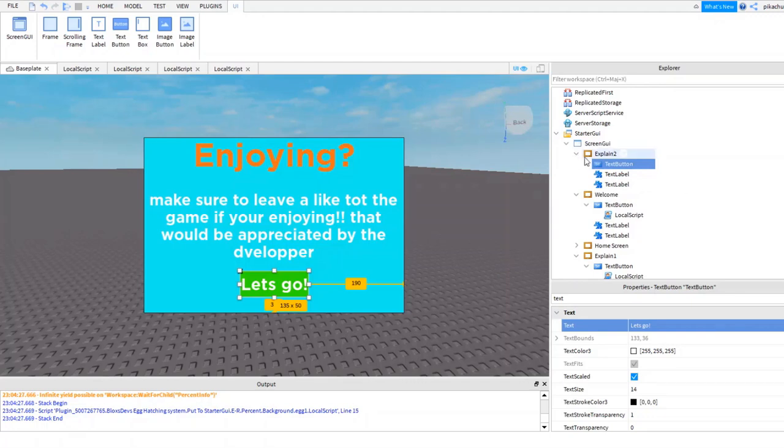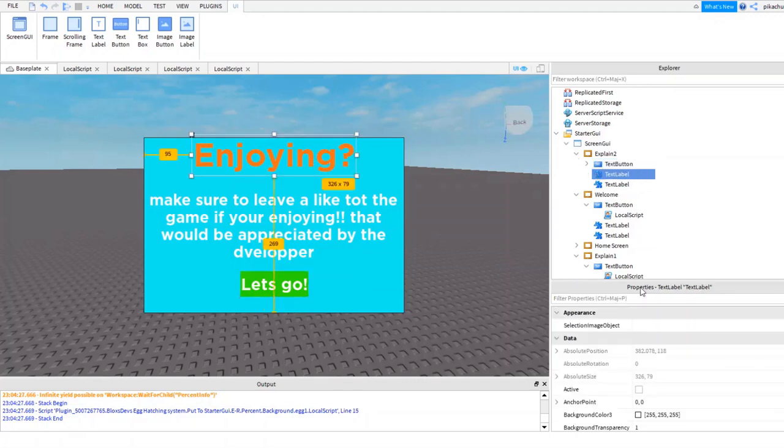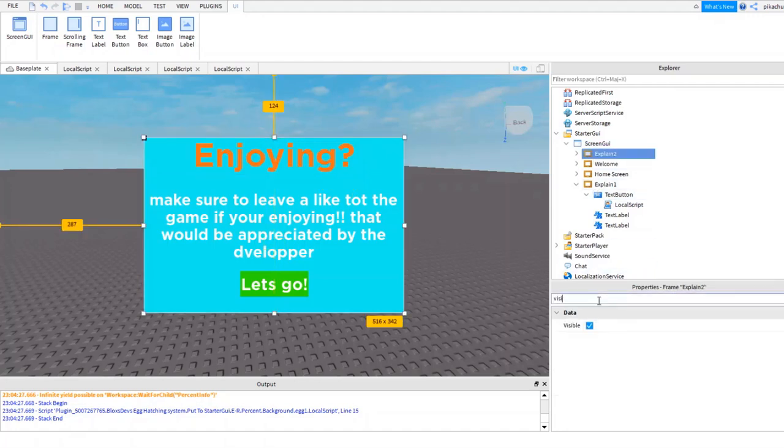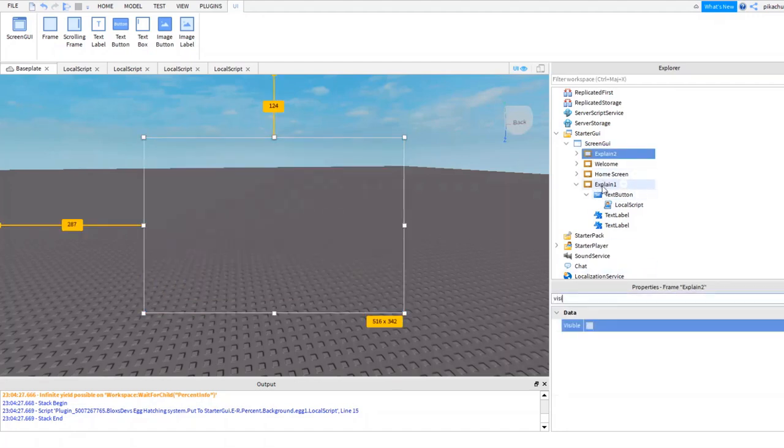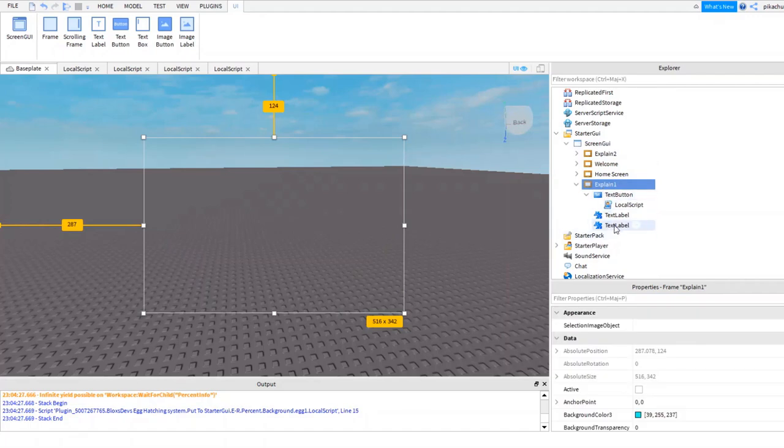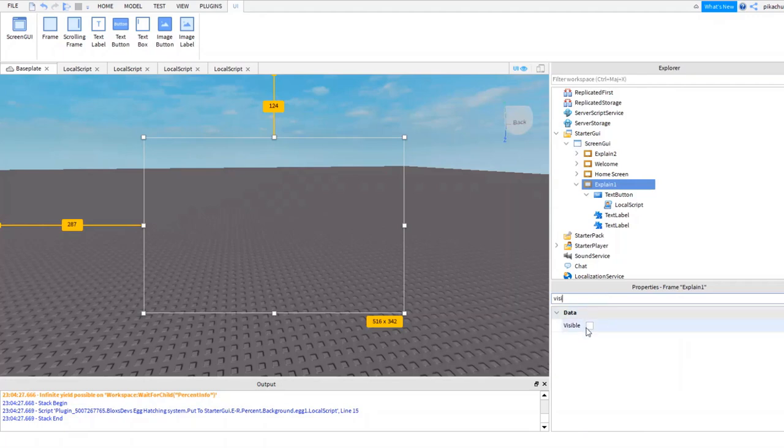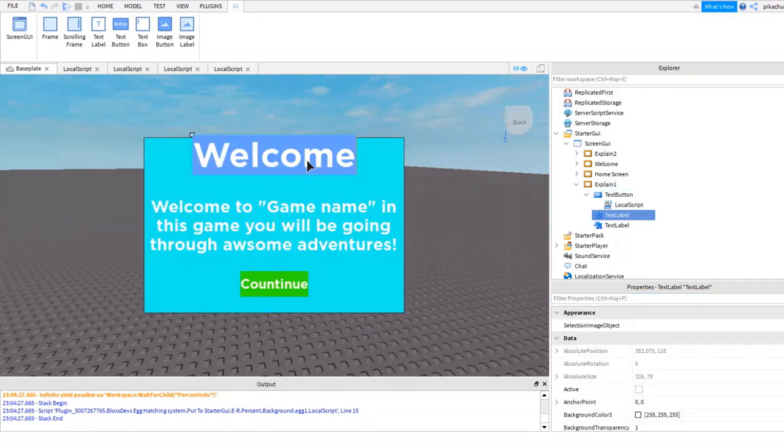So here, I change the text to let's go. Yeah, let's go. And visible false, and first explain visible true, and we're going to change this from welcome to how to play here.